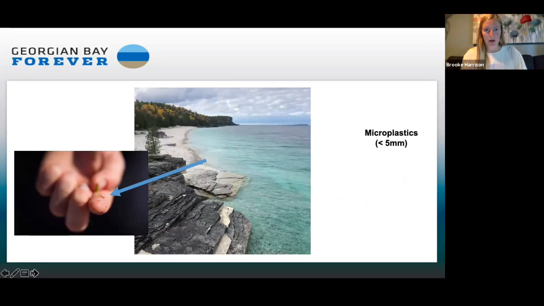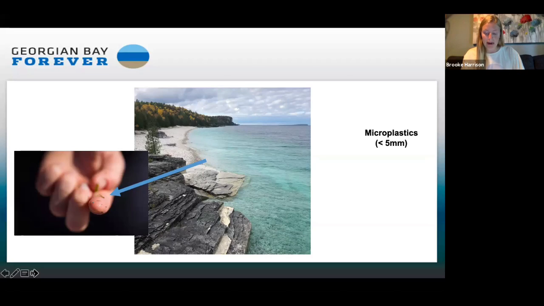So here's a beautiful picture of Georgian Bay that we all know and love. It provides us with recreational waters, commercial opportunities, drinking water, and so much more. As the temperature gets a bit warmer, I'm sure we're all so excited for that first swim. As we enjoy the beauty of the bay, I'm sure you don't think about the thousands and thousands of microplastics that you're swimming beside. When we think about Georgian Bay, we think about the crystal clear, beautiful waters, but